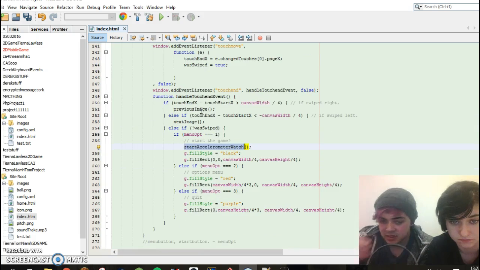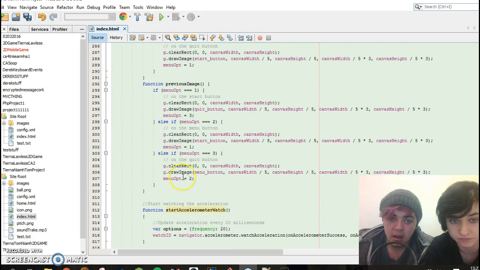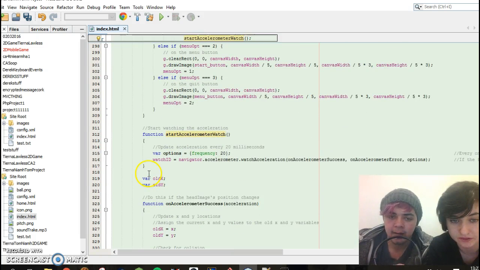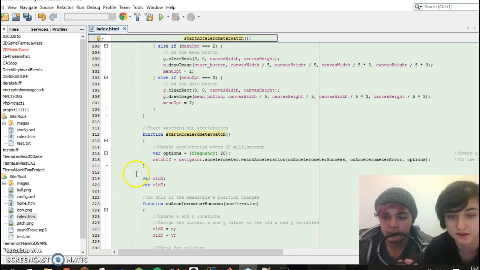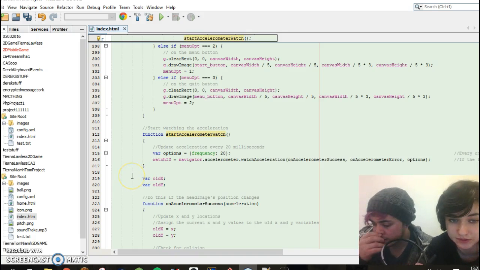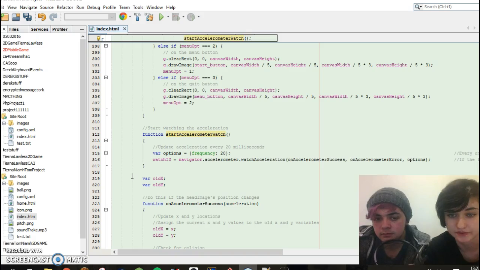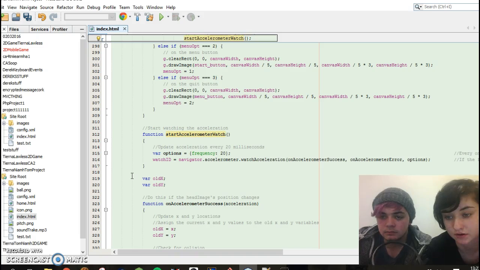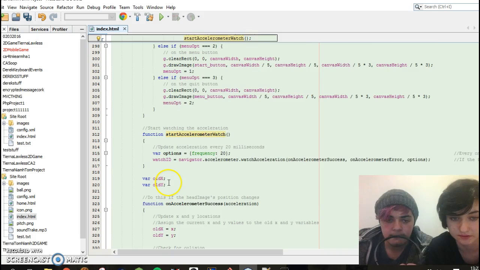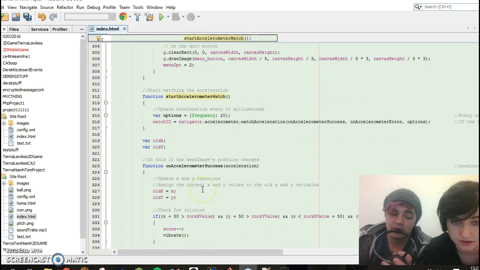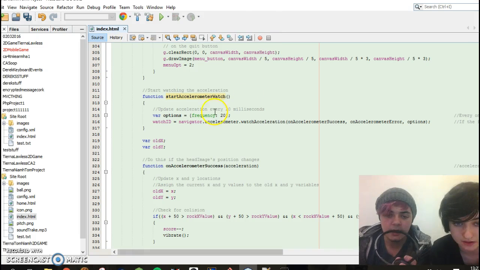When you start the game, you call start accelerometer watch. This calls a function that will check the acceleration every 20 seconds. And then it calls on acceleration success or on acceleration error. So go to this one. This